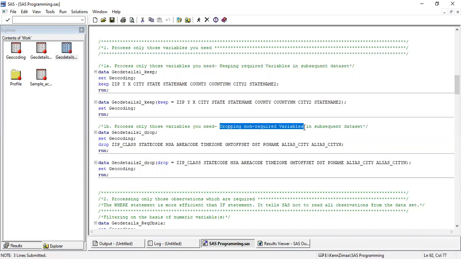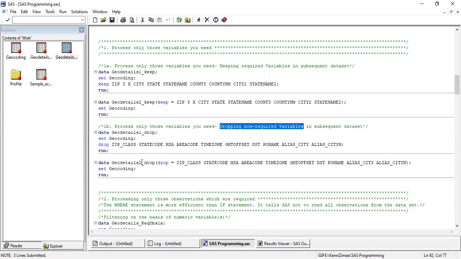You can write a keep statement which will contain the name of those 100 variables. Instead, you can use a drop statement which will drop those 50 variables which we do not require. So it's a quicker way of doing things depending on your problem statement.